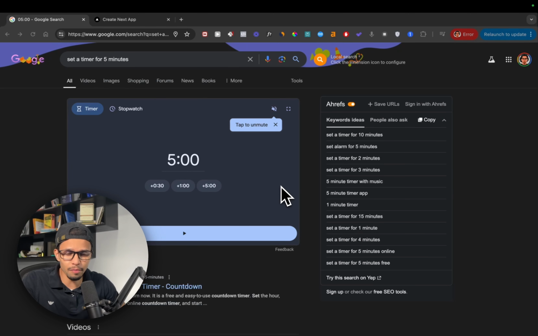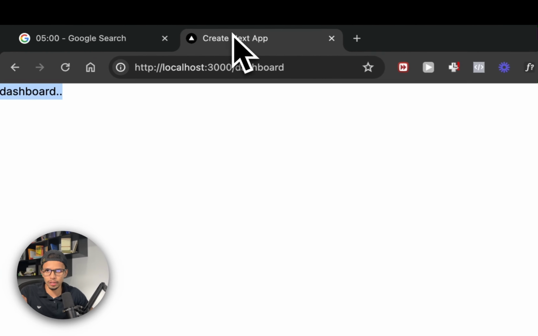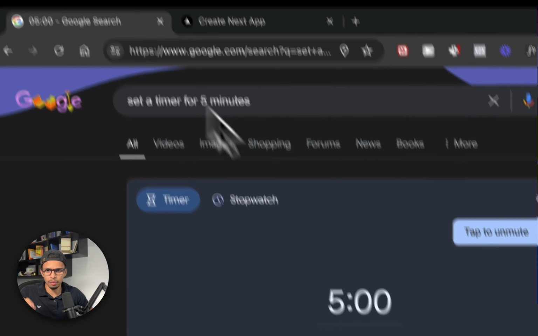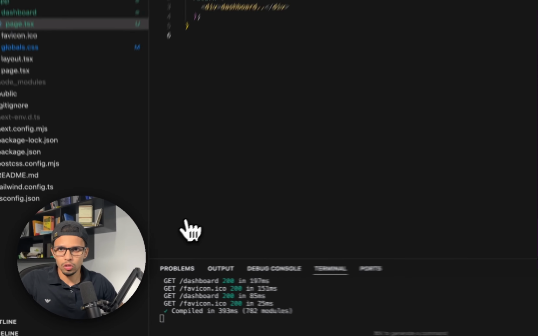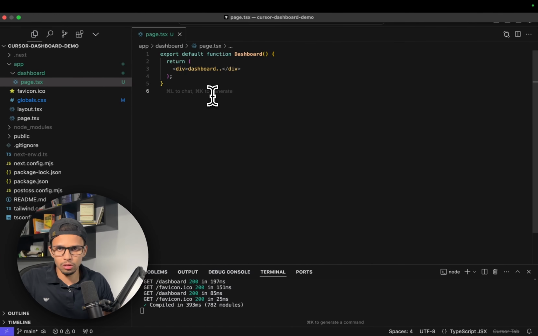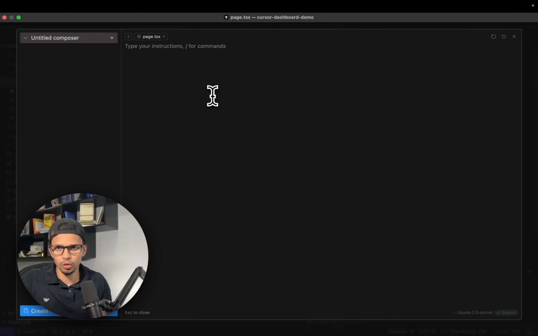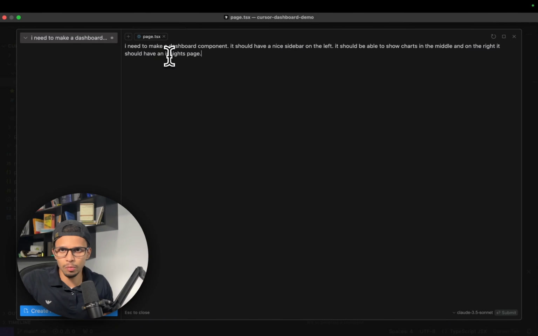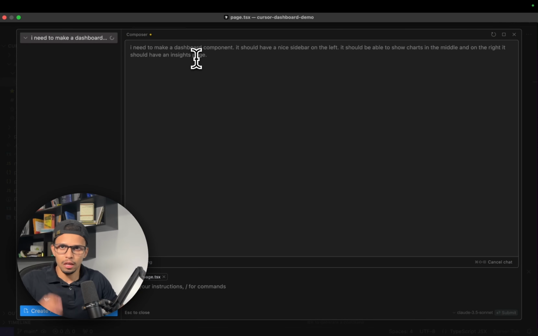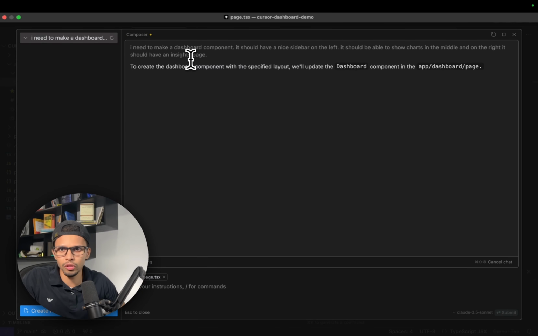All right, in less than 5 minutes, I'm going to be coding a fully functional dashboard using Cursor. Let's see how far we can go with this. So I have here a dashboard. There's nothing here. And I'm going to start the timer. So let's go. I'm going to open up Cursor. Let's do the composer mode, Command-Shift-I or Control-Shift-I, and paste. Say I need to make a dashboard component. It should have a nice sidebar on the left. It should be able to show charts in the middle. And on the right, it should have an insights page. So let's just send this off to Cursor Composer, and it's going to start creating the actual file, as you